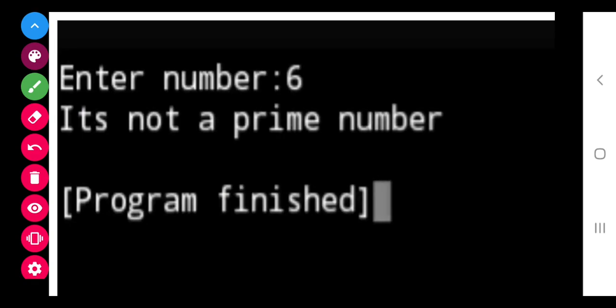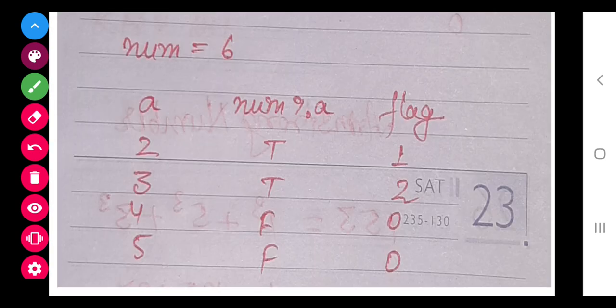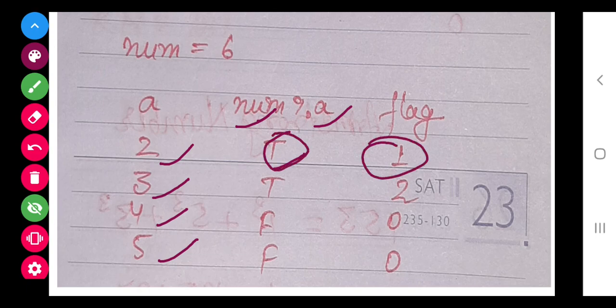So next is 6. 6 is not a prime number because when it is divided by 2, 3, 4, 5, num divided by a returns 0 for 2, so it is a true condition and the value of flag will increase. Again divided by 3, it is again a true condition, so it will become 2.